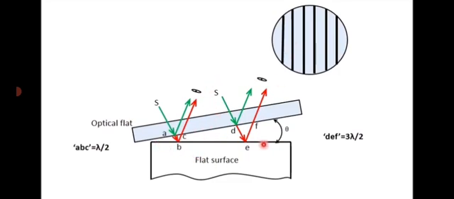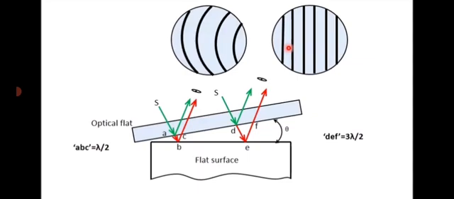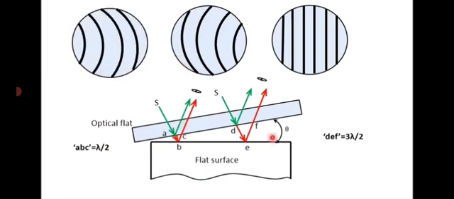If it is perfectly flat, you will get fringes like this, regular, parallel to each other and uniformly spaced. When the fringes curve towards the line of contact, here this is the line of contact, the surface is convex and high in the center. For the opposite curve, the surface is concave and low in the center. In this way, an optical flat can be used to check the flatness of a surface.